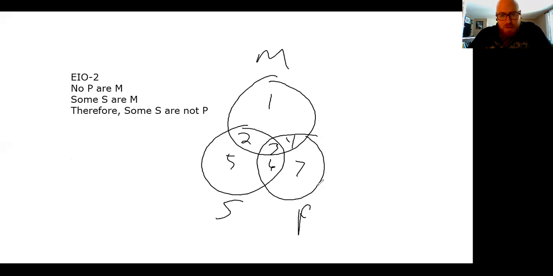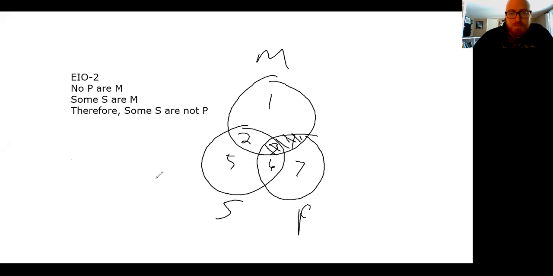Now, that means if the M class and the P class are excluded from each other, any area of overlap between them is going to be empty. So none of the P's are M's. Likewise, it would follow that none of the M's are P's, right? So if these 2 classes are excluded from each other, any area where they intersect is going to be empty. So that means we would shade regions